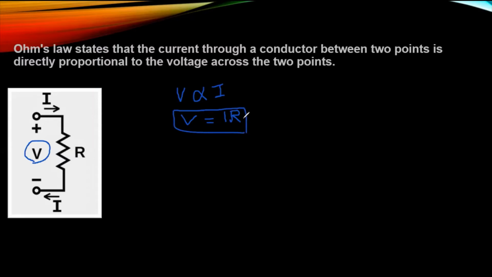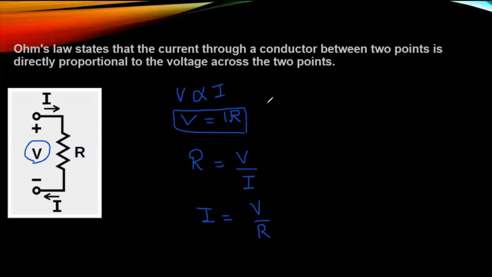From this itself we can derive resistance. If we have to find R in a numerical, then we can just cross multiply, and R is V by I. We can use this formula. Similarly, if you want to find the current I, then that is V by R. So from the same formula only, these two are also derived.